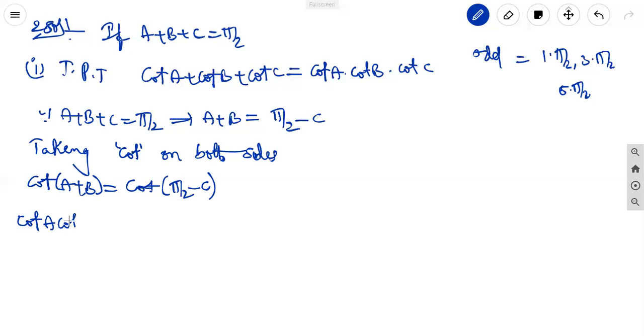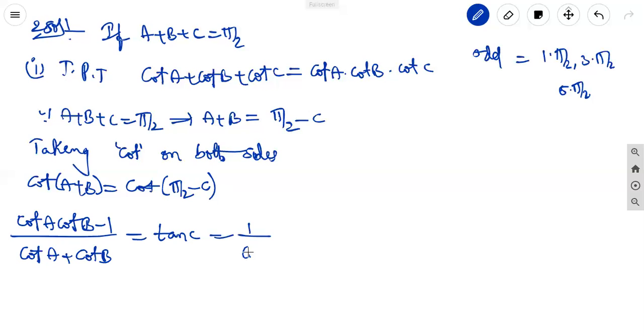cot A cot B minus 1 by cot A plus cot B. Whatever it may be, the multiple is there, and the addition is in the denominator also, no worry about the A plus B. This is equal to cot of pi by 2 minus C, which is tan C. Tan C is nothing but 1 by cot C, because it is the first quadrant. And by cross multiplying,